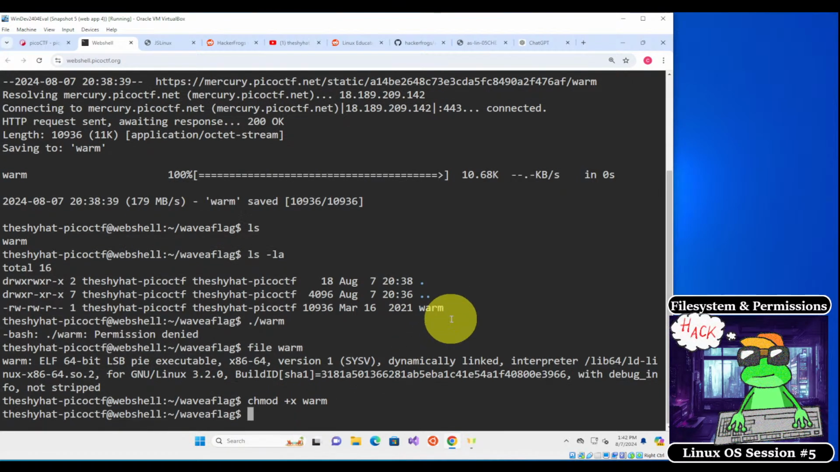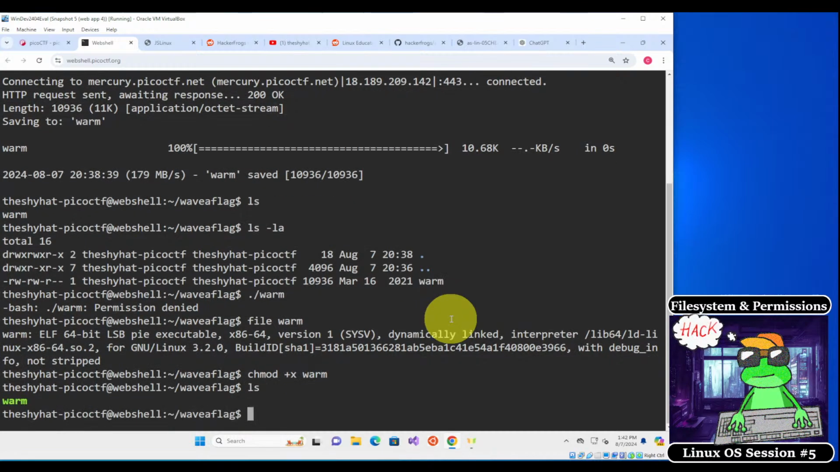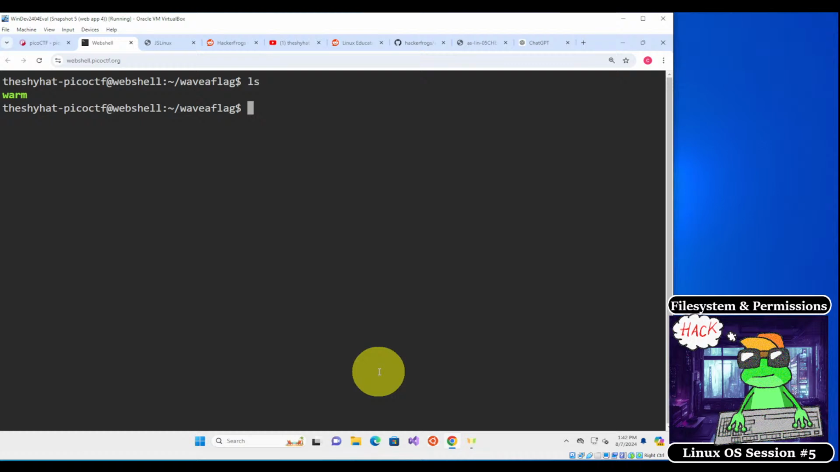After you do that, when you do ls, you should see that the name of the file has changed to green over here, which means that it's an executable file. So it's executable now, so you can run the file by doing ./ and then the name of the file. So it's going to be ./warm,